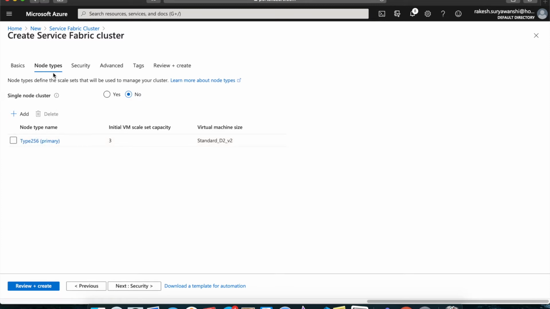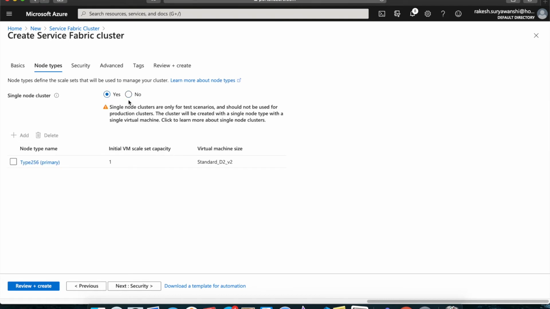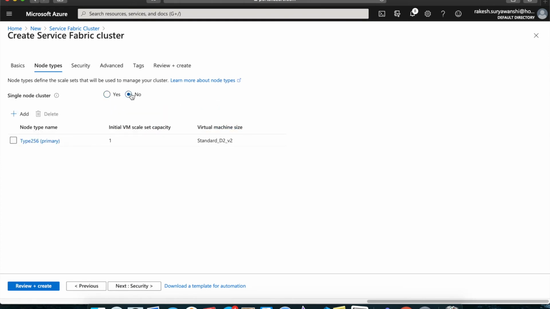Here again, on the next side, you can change the node type. Here you have the option. I'm a bit surprised why it has two different options, one over there and one here. But anyway, you can go ahead and select a single node as well. Once you select a single node, you get a message that this scenario is not supported in production. So it is assumed that you are doing it on your local machine or just for development